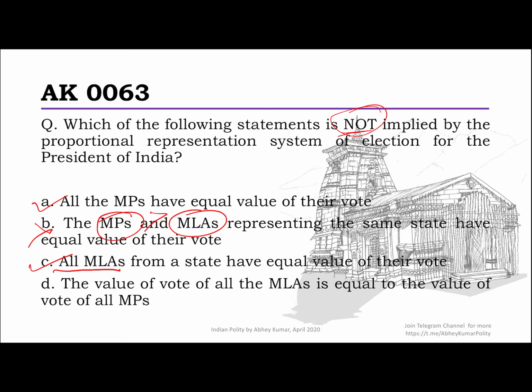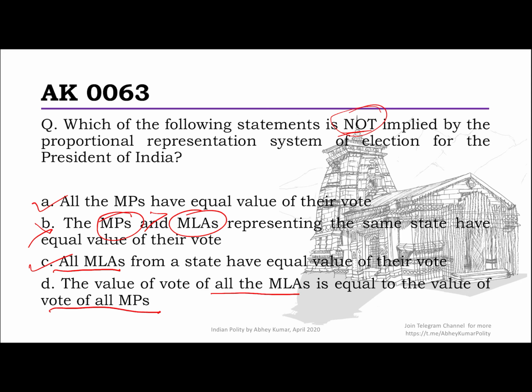And secondly, even the way it is calculated, the entire state is divided into the number of constituencies, so the population is divided by those many seats, so all those representatives end up getting the equal value. You can see the formula also for revision. Then the fourth statement says the value of vote of all the MLAs is equal to the value of vote